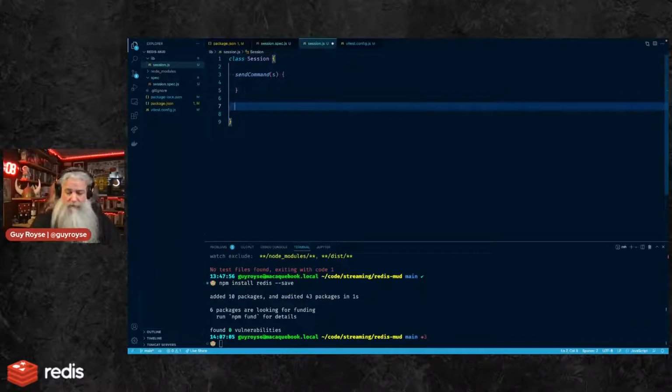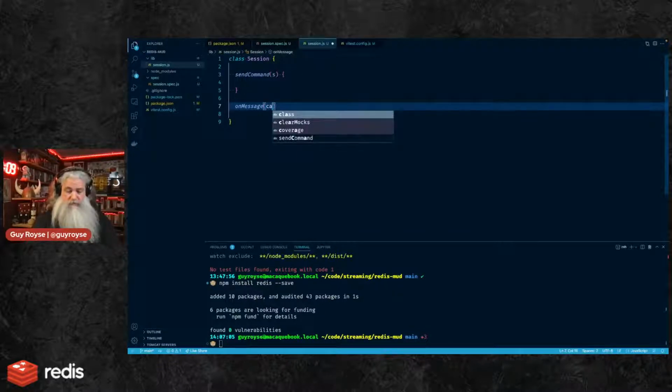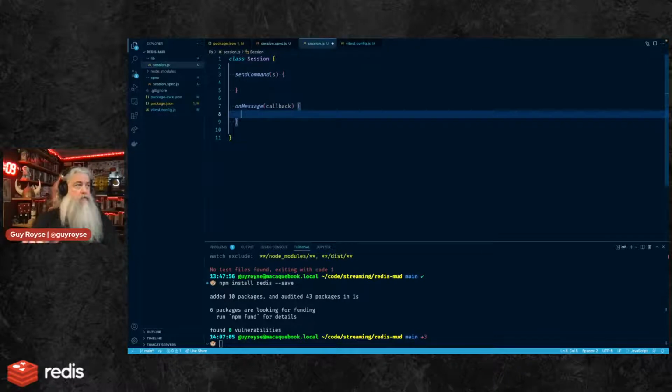And then we'll have, I guess, onMessage, the event that someone can call, and we'll call back to you whenever you get a message. This will have a callback function. And so folks can register with this, and then whenever things come this way, we'll push them in. So that's sort of what I'm thinking.